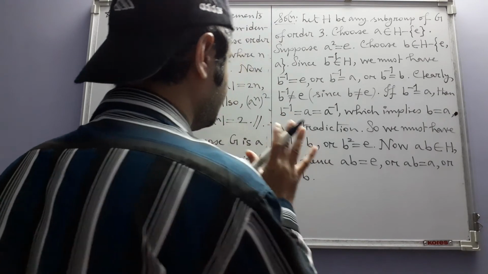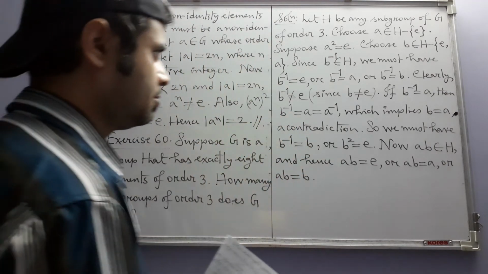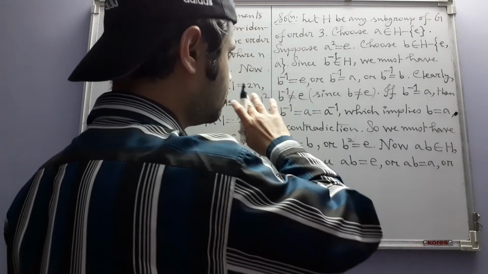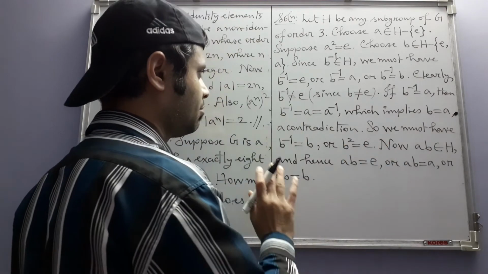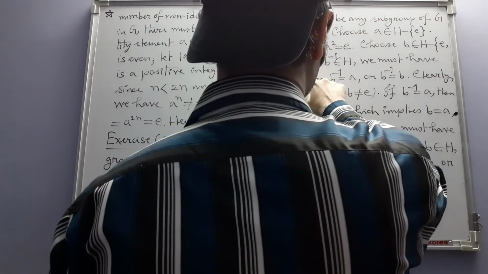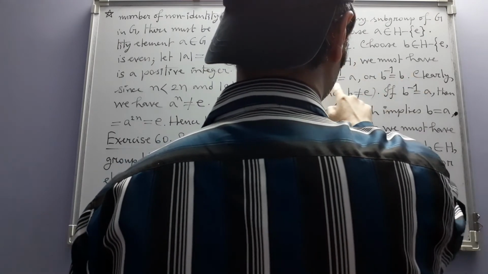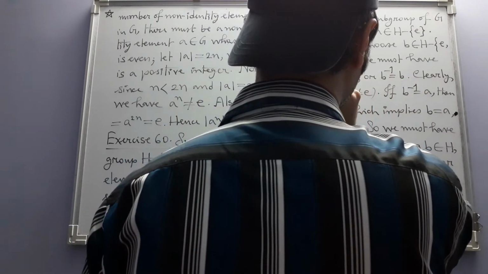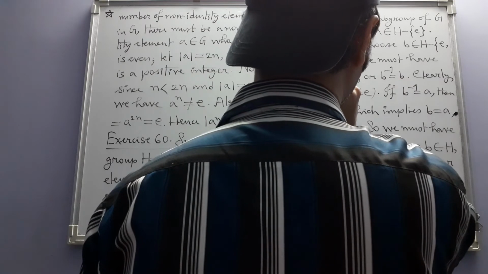So what I'm trying to see here is I want to rub off some unnecessary part of this solution. Since B inverse belongs to H, okay,